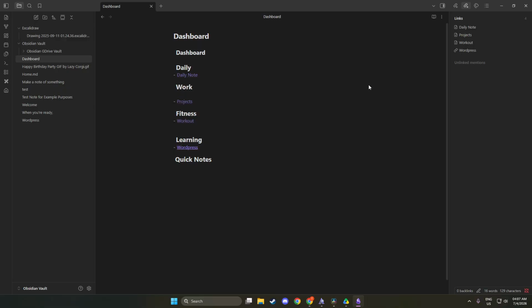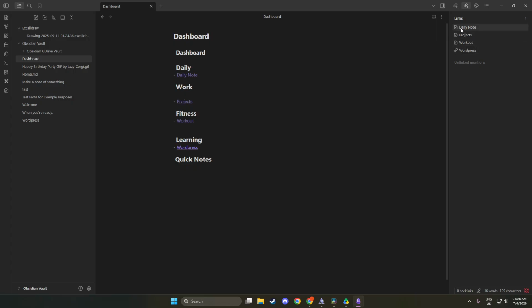This sidebar is essential for visualizing the interconnectedness of your notes. It will show you important sections that help you understand how your thoughts and ideas link together. So, take a moment to locate that icon and click on it. This action opens up a world of connections and helps you to better organize your thoughts.